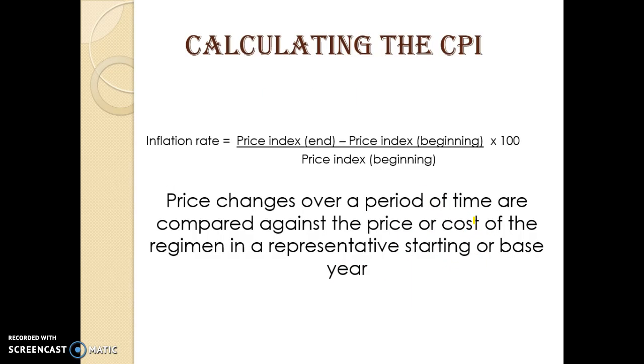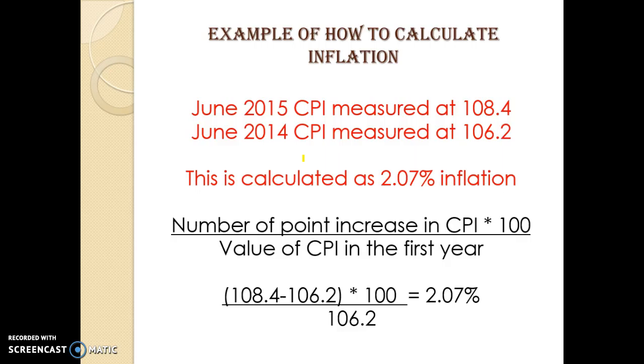To calculate the inflation rate, we use the index at the end of the period, minus the index at the start of the period, divided by the index at the start of the period, times 100. That gives us the best indication of the average level of price changes for the year. So here's an example. If the CPI was 108.4 in June 2015, and 106.2 in June 2014, the year earlier, we would do 108.4 minus 106.2, divided by 106.2,